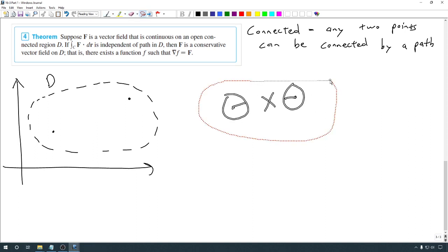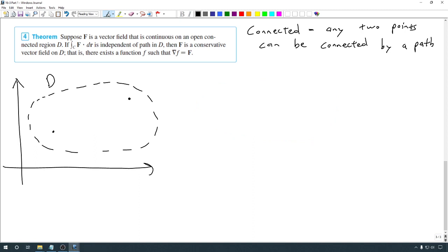And in fact, this fact about being able to connect 2 points by a path is actually going to play a big role right away. Because what I'm going to do in order to find a function little f that is a potential function for capital F is I'm first going to pick some base point. I'm going to call it AB. So this is a point AB over here. If I take any other point, let's say xy,